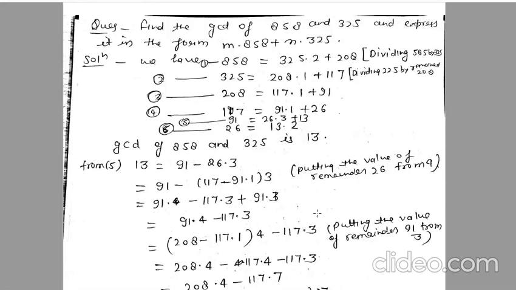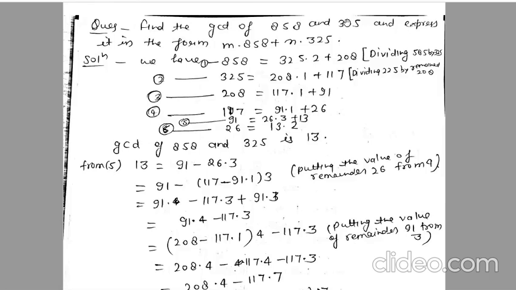I have already told you that you have to write your equation as A is equal to BQ plus R. The smaller one divides the larger one, giving remainder and quotient, then choose the other one and write it in terms of the remainder plus a new remainder, then again choose that number and write it as a new remainder plus another remainder. Just follow the process again and again until you reach the last equation where the remainder is 0. Then the second last equation's remainder is 13, so 13 will be the GCD of these two numbers.